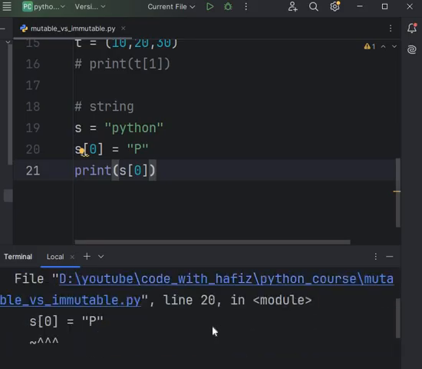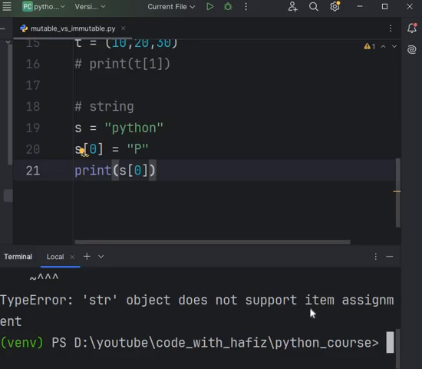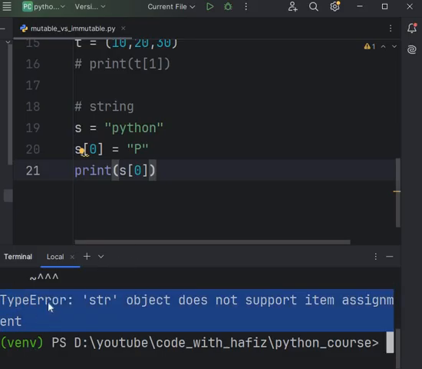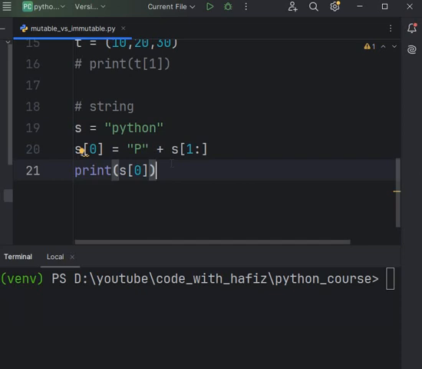An error is here: string object does not support item assignment. We are getting the type error. So the string is immutable, they are not mutable. We are not changing the value. And if you want to change from small p to the capital P, what you should do,